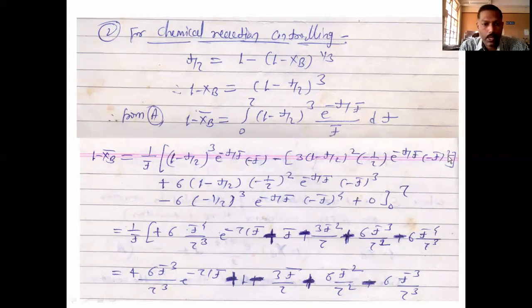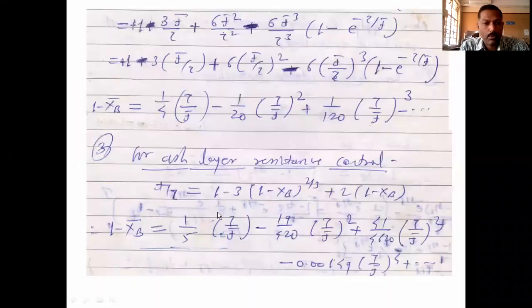Okay, so differentiation of the first term, integration of the second term, like this. Then multiply here minus 3, here plus 6, then minus 6, and put the limit 0 to tau. So apply this equation and solve this. Again the exponential term will come, and for this exponential term we use the expansion of e raised to minus tau upon t bar. Again expand this term, in terms of factorials, and you obtain the result.